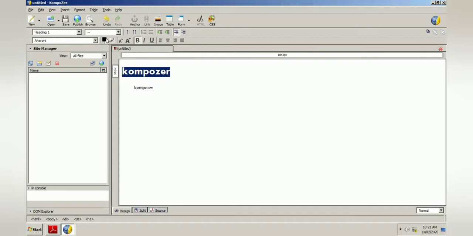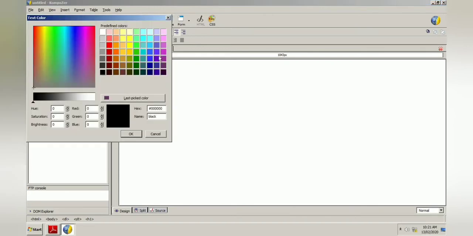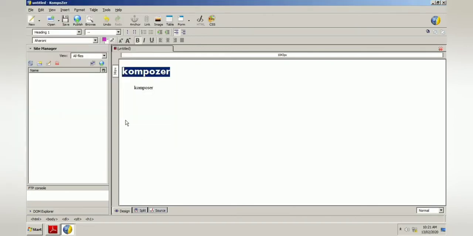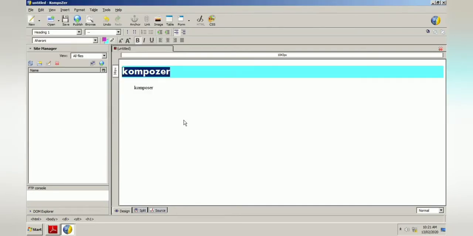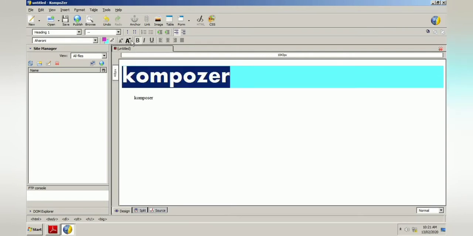Then from here we can select the color of the text. Any color you can select. The first button is for text color, the next button is for background color. So like this the text color and background color will be applied there, you can see. Then next is to choose a highlight color. If you want to apply the highlight color, use this. The capital A is the larger font size button. If you want to increase the size of the text, select it and increase it.